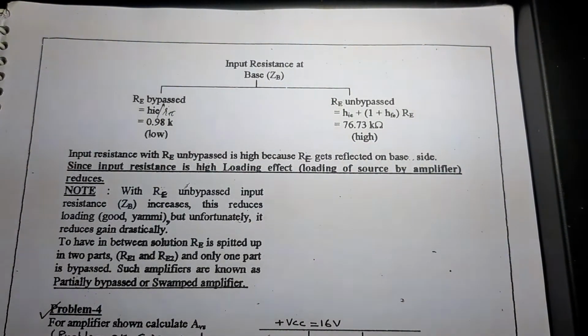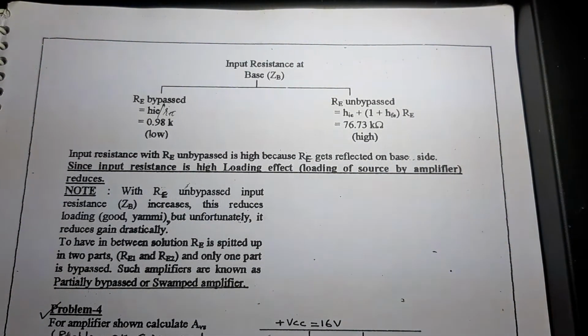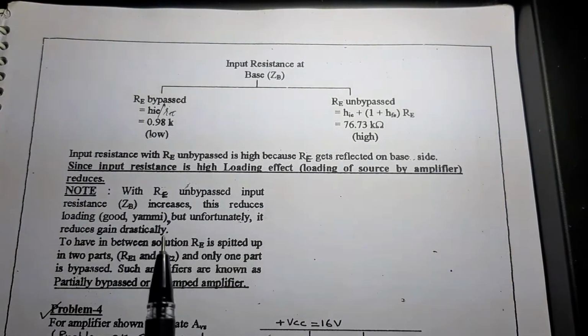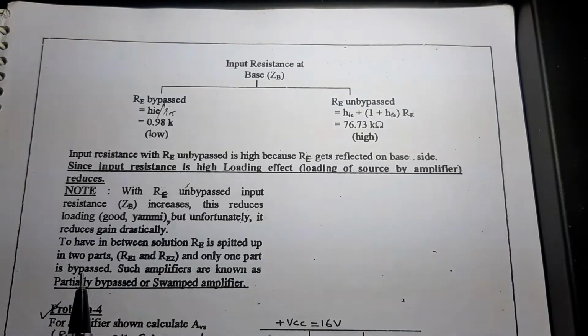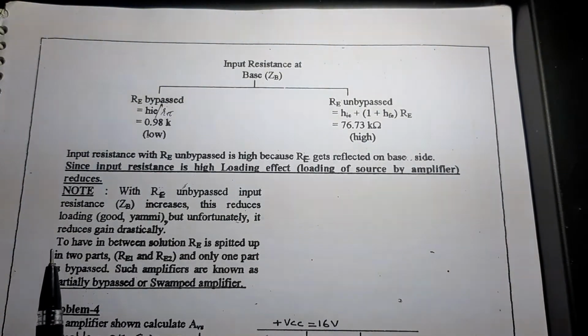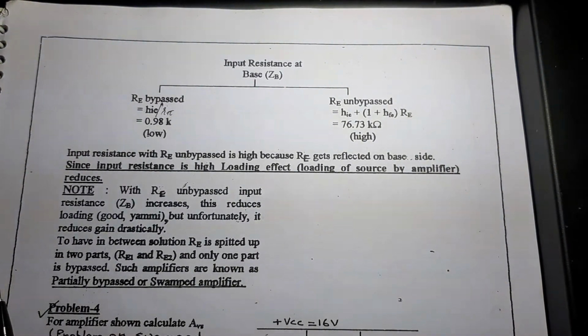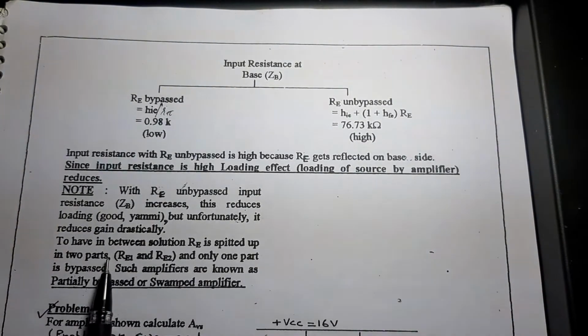Now loading effect means what? Suppose you have a bigger pipe of diameter say 100 mm and you want to supply it to another pipe which is of 5 mm. Can I say there will be an impedance mismatch? Because of that, the 5 mm diameter pipe will load the 100 mm diameter pipe, because it is not able to take that much input. So in that case we say that the 100 mm diameter pipe is loaded by the 5 mm diameter pipe.